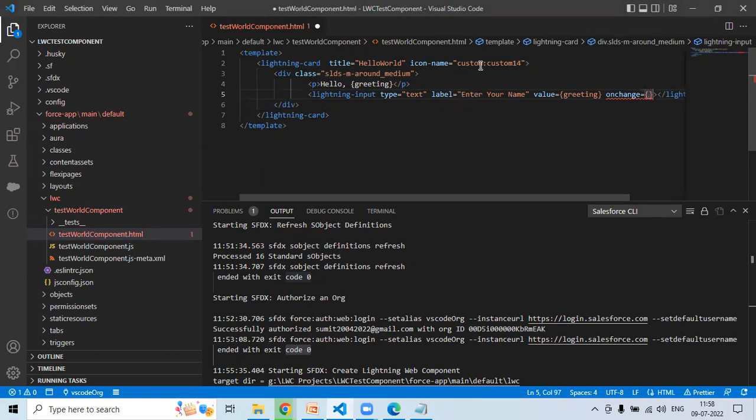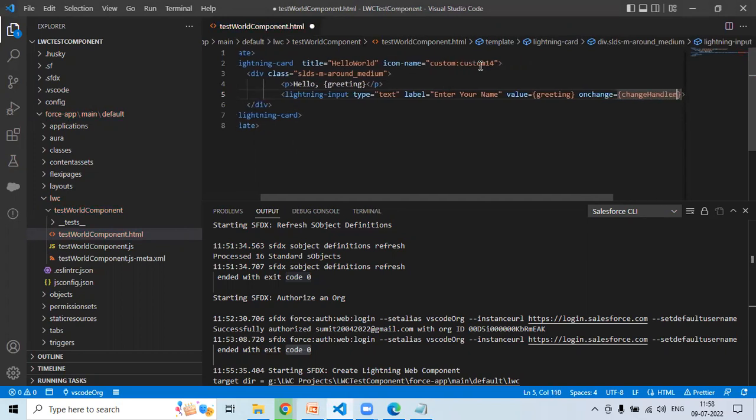Let's suppose my function here is change handler. So right now it is not created. We're going to create this. So this is my component.html. Now it's time to create the